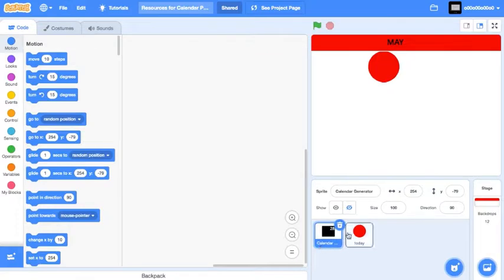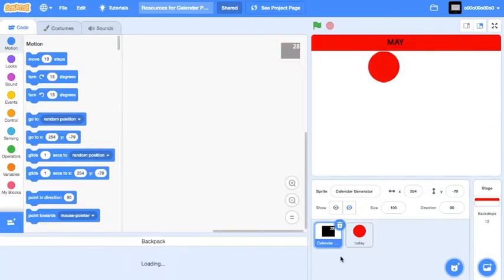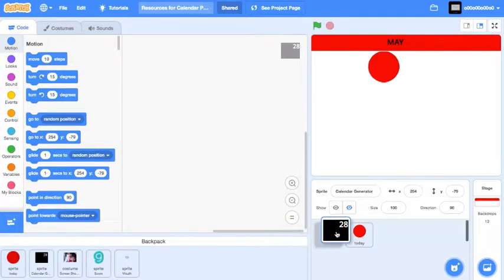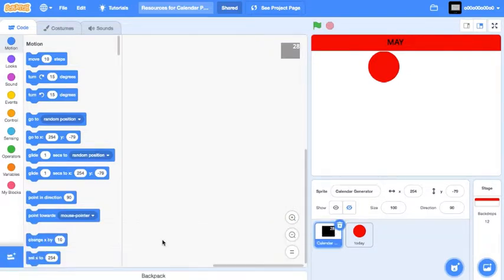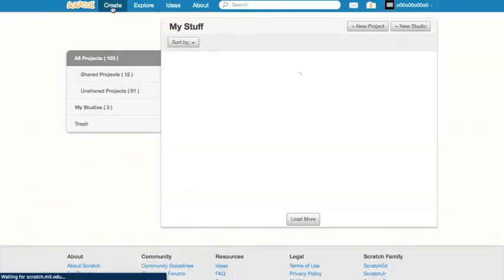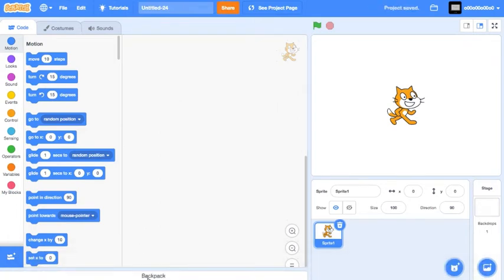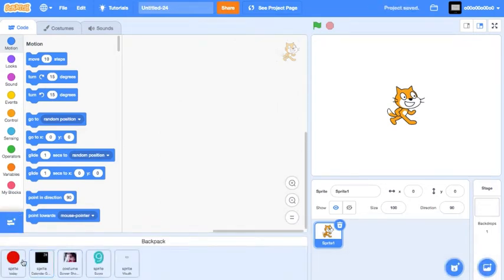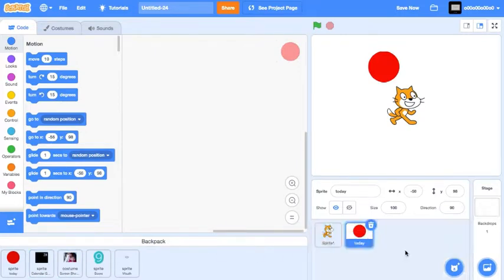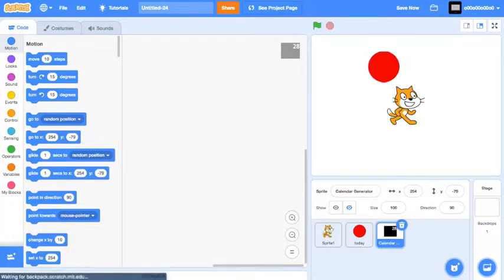Okay, so now that we have our projects, let's just backpack them. Oh, I already have it in my backpack. So I'll just go ahead and create a new project. And I'll take these out. Oh, and also let's go back to the project.